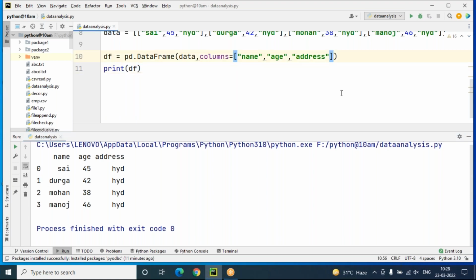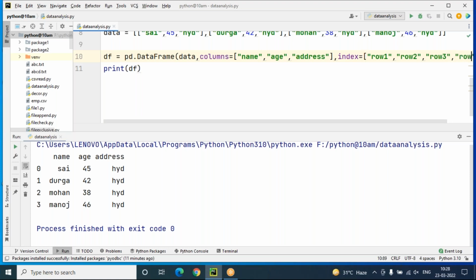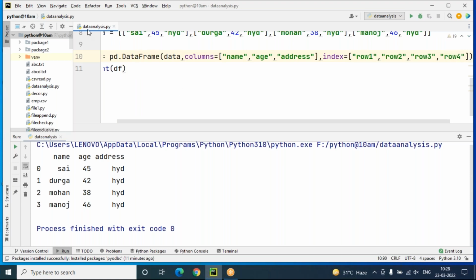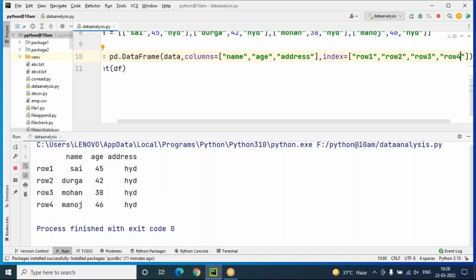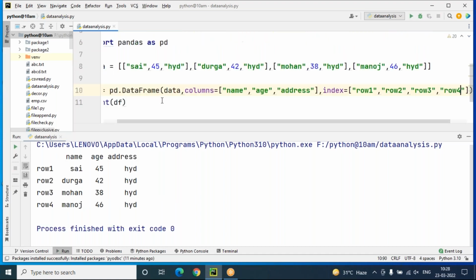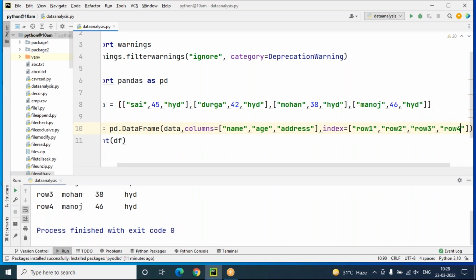So I'm giving index equals row 1, row 2, row 3, row 4. Like this, we can pass any index values. So column values you can decide, and index values you can decide. We can arrange the indexes clearly. I'm passing input in the form of a nested list, but the data